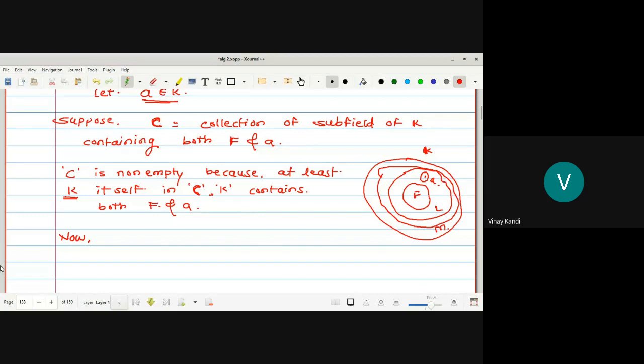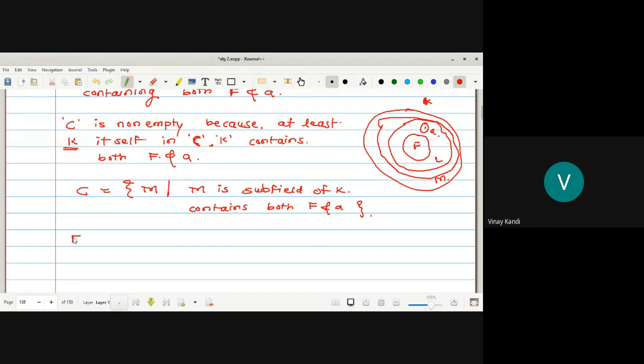Now, what is F of A? If I adjoin A to this F, how will that set look? Okay, first let us write the set C so that you understand perfectly. What is C? C is equal to M such that M is a subfield of capital K containing both capital F and A. Okay, M is a subfield of K which contains both F and A. Now we define F of A, which is equal to the intersection of all M such that M is a subfield